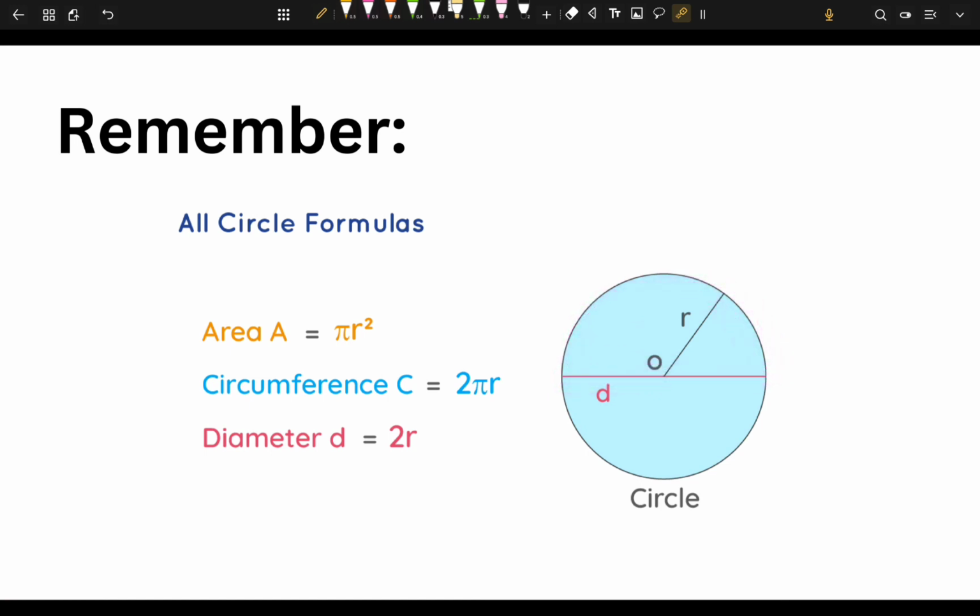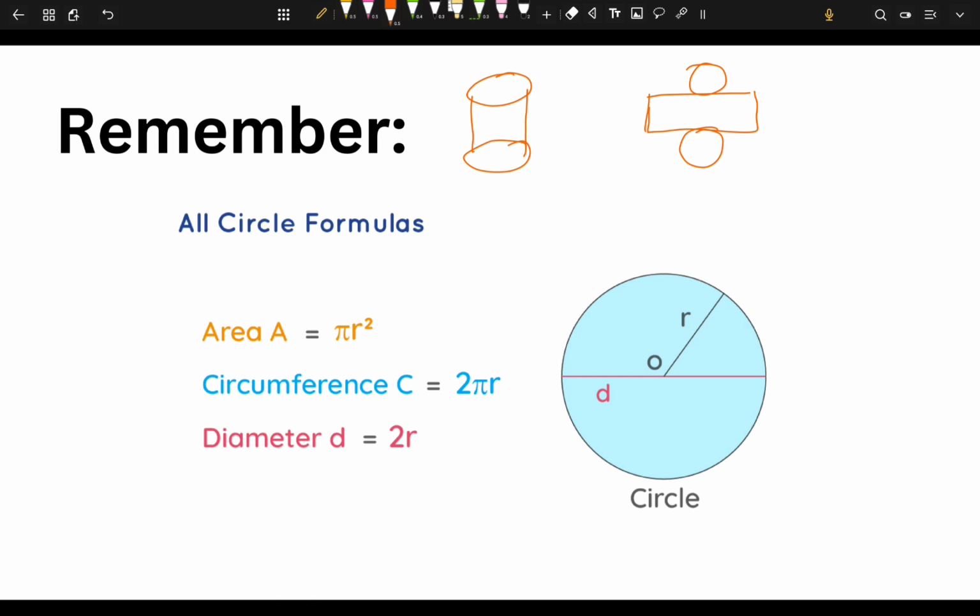Sir, bakit ba natin kailangan tandaan yung formula ng ating circle? Kung babalikan natin yung naging itsura ng cutout ng ating cylinder, from this kind of cut shape ng cylinder, naging ganito siya. Right? Therefore, we could say na yung ating cylinder pala is made out of circles automatically, kasi nga, di ba, cylindrical surfaces, portions. So, we have here the area formula if we're going to have yung ating